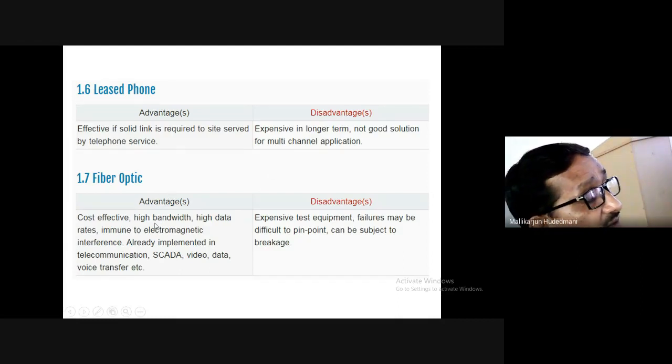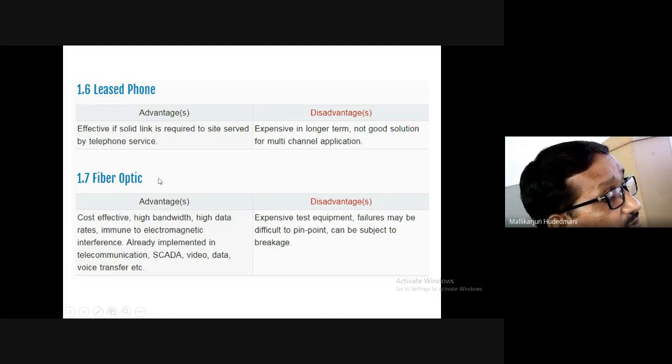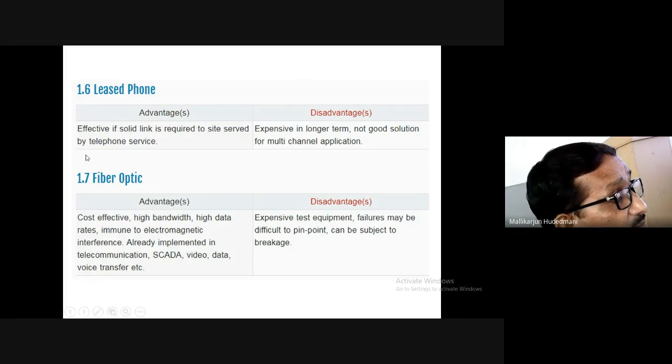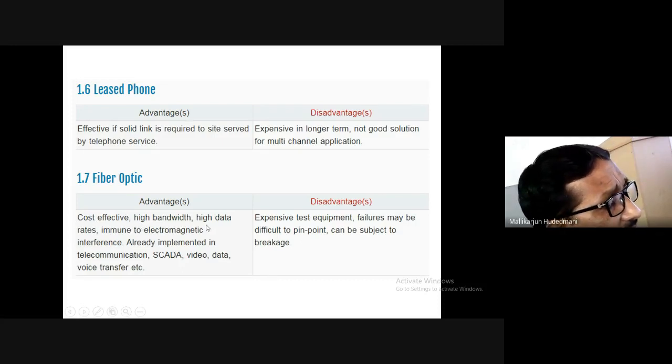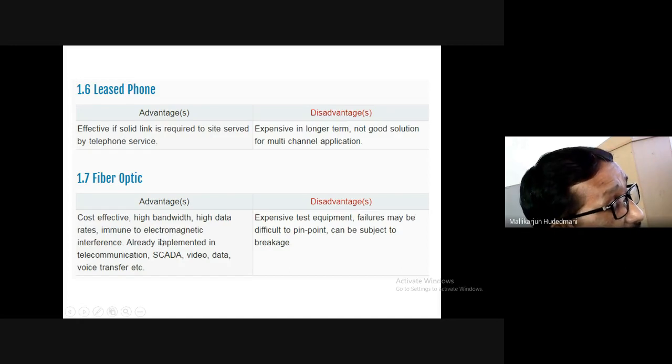So as I was having the physical line, wireless line, another mode of copper or other kind of connectivity, fiber optic is another, optical mode of communication of data from end to end, which is cost effective, with high bandwidth and high data transmission rate, and an advantage is that it is immune to electromagnetic interference. This is the popularity that fiber optic has. Higher bandwidth, cost is higher, but its feature is that it is cost effective, with high data transmission, and highly immune to electromagnetic interference.